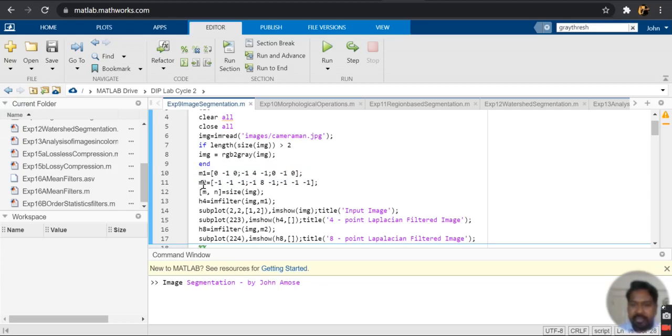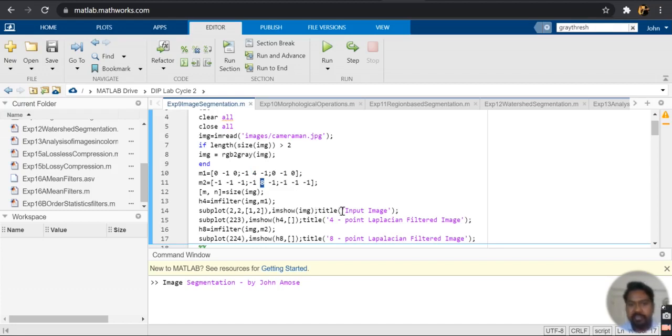Similarly, we define another mask called M2. The first row has the values -1, -1 and -1, the second row -1, 8 and -1, and the last row -1, -1 and -1. If you look at the center value of both these 3x3 matrices, mask 1 has the value 4 and the second mask has the value 8.